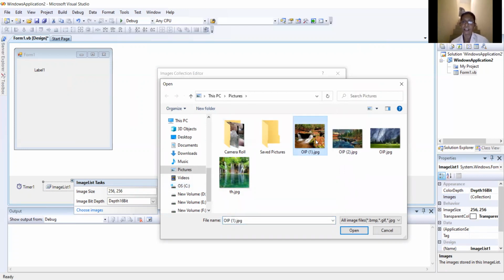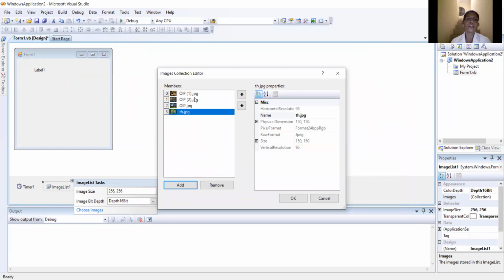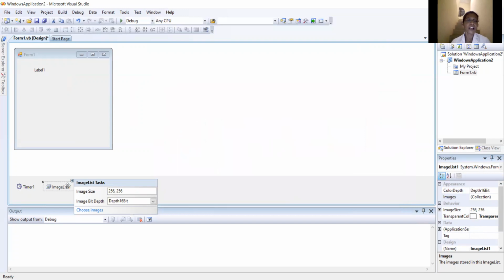Here 4 images are shown. I have to use these images. First, we have to select these images and press the Open button. So these 4 images are listed in the image list box. Now we can add new images additionally by pressing the Add button. Finally, press the OK button. The images are added in the image list tool.